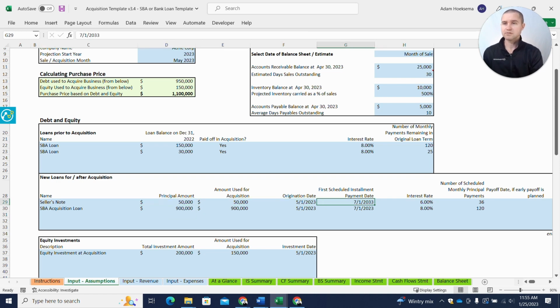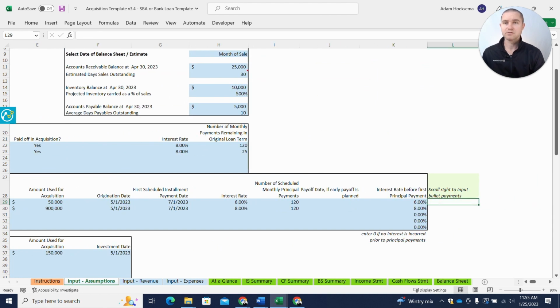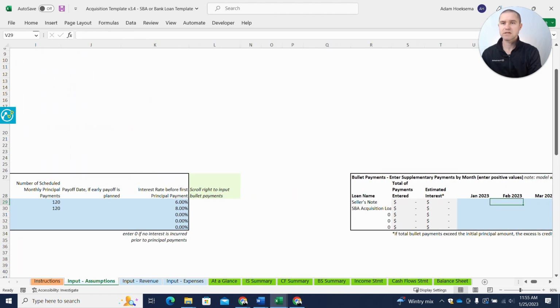If the bank is okay with it, you might be able to start this seller note payment at the same time and have it match the same terms as the bank. So it starts on 7/1/2023, paid off over 120 months. Now, you might also be able to do one-off payments, also known as bullet payments. So we built in a little section over here. If you scroll over to the right in this template,